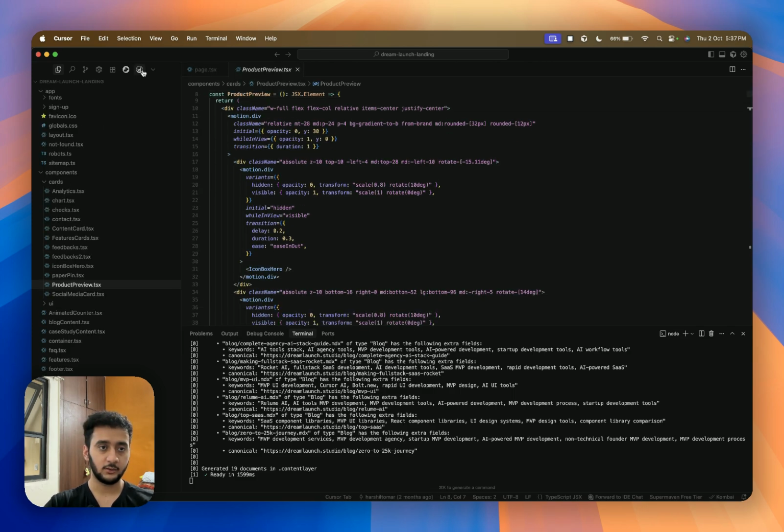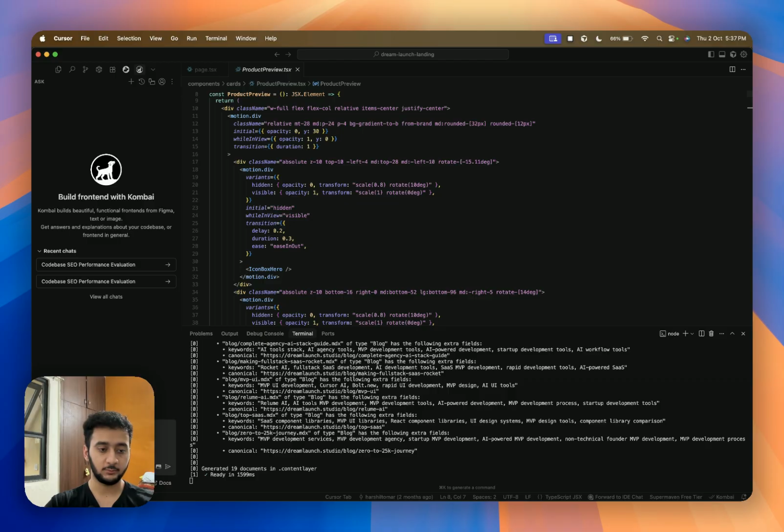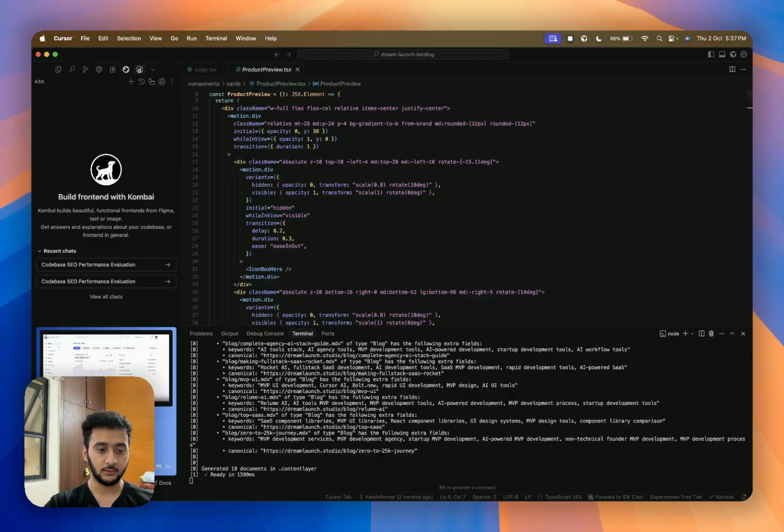So it's put here, and I'll just go to Kombai. I'll paste this image, and I can do Figma as well. By the way, that's pretty neat. I can do quick settings, and a lot of stuff.